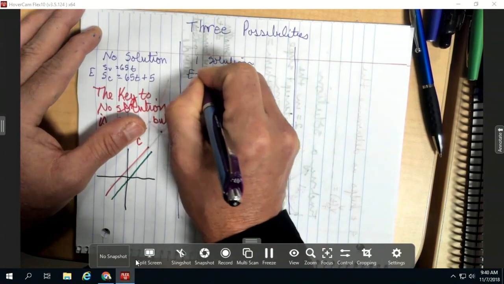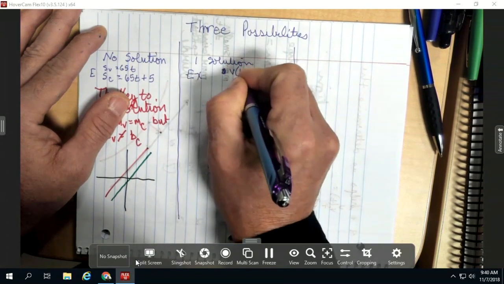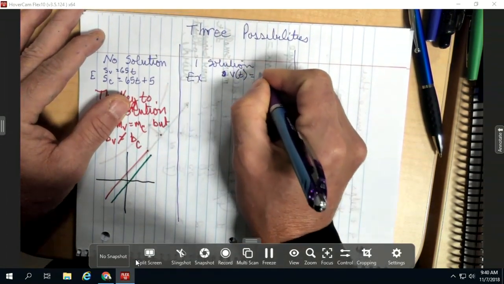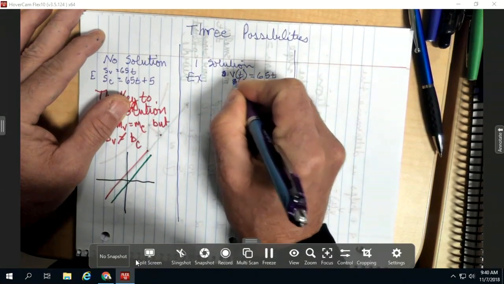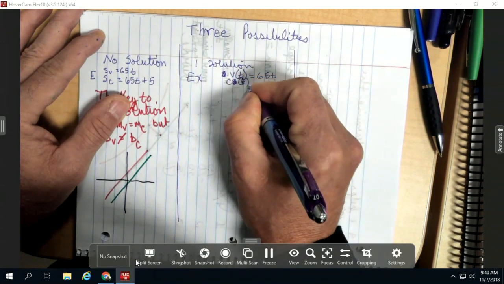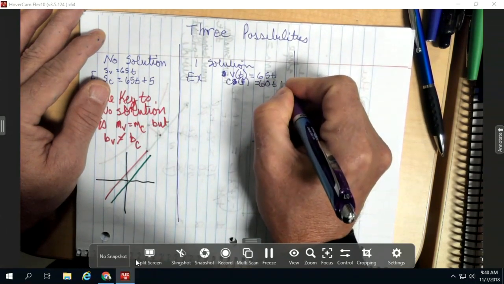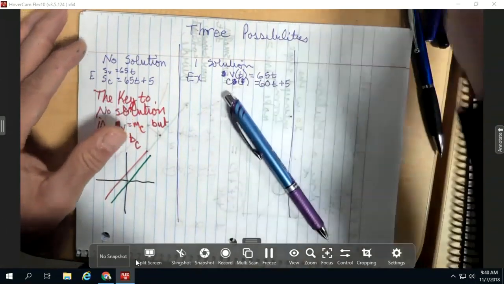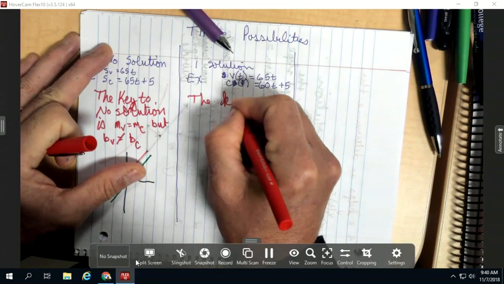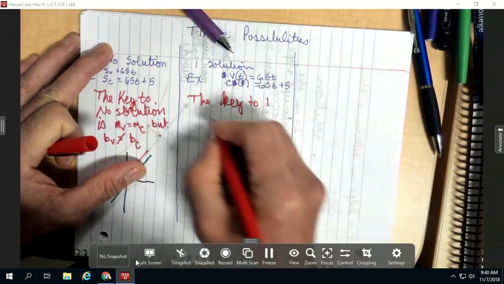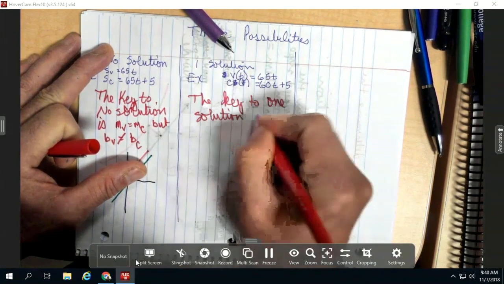And the example that we have is the speed, I'm going to do V of t for the van, was 65t. S of t, oh no, it's not, it's C. C of t, that's for the car, was 60t plus 5. The key to, I'm going to write it out. Solution is